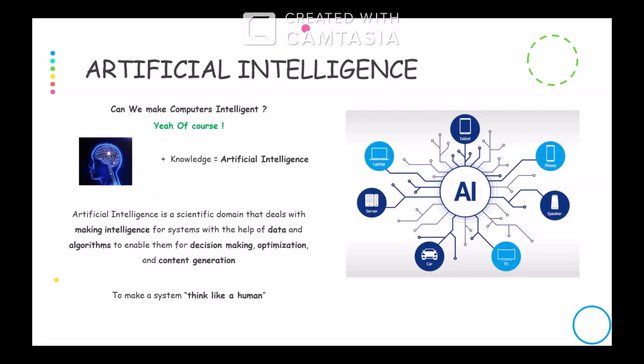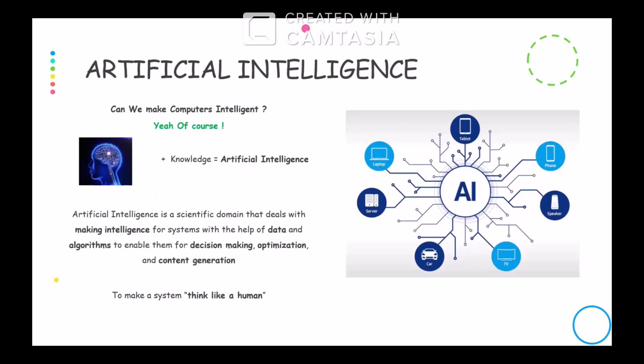What is the purpose of making a system intelligent, or what is the purpose of adding artificial intelligence to a computing device? It is for decision making. The example of AI cameras on our roads, right? They are actually making decisions, right? Whether a person is wearing a helmet or not, whether a person is wearing a seat belt or not, like that.